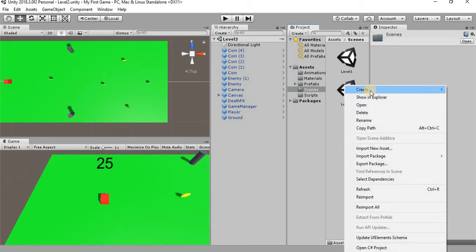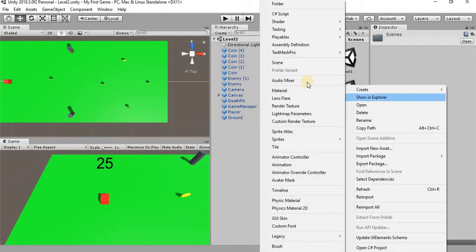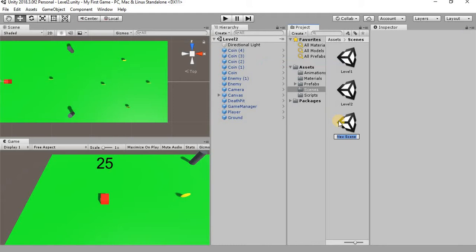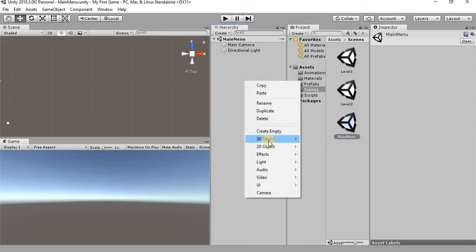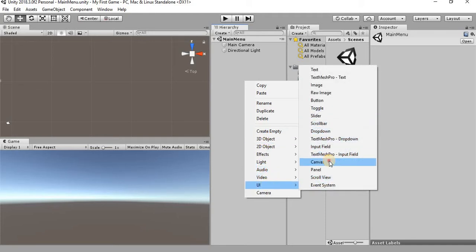So first thing I want to do is in my scenes folder, I want to create a new scene. I'm going to call it main menu. I'm going to open up that scene, and in here I'm just going to create a new canvas. So I'm going to right click UI canvas,